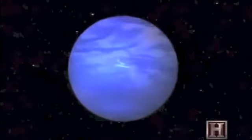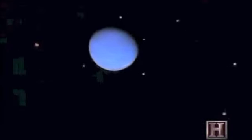Neptune was named after a Roman god of the sea. Its symbol is a stylized version of Neptune's trident. In 1989, Voyager 2 found the Great Dark Spot, but it had vanished when the Hubble Space Telescope tried to get a glimpse of it in 1994. Voyager 2 also